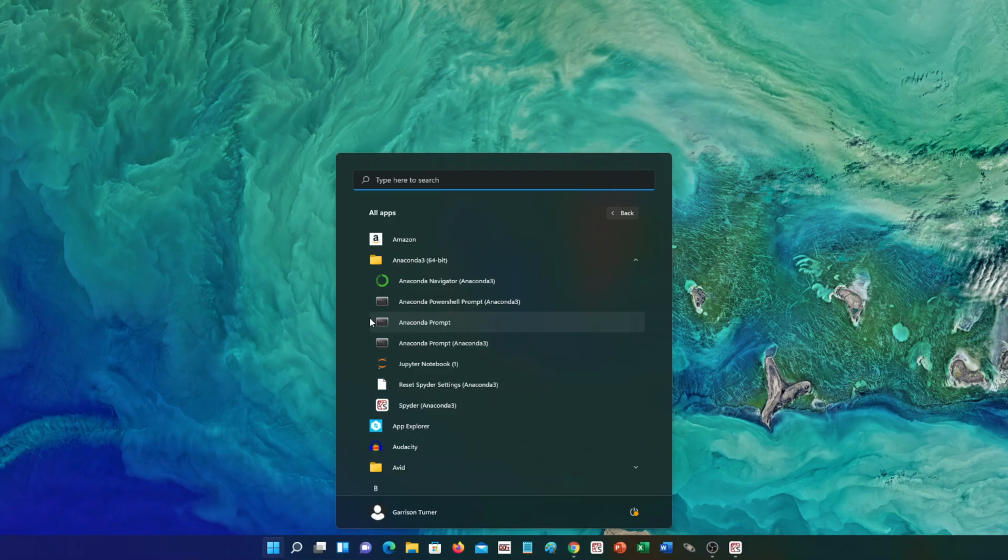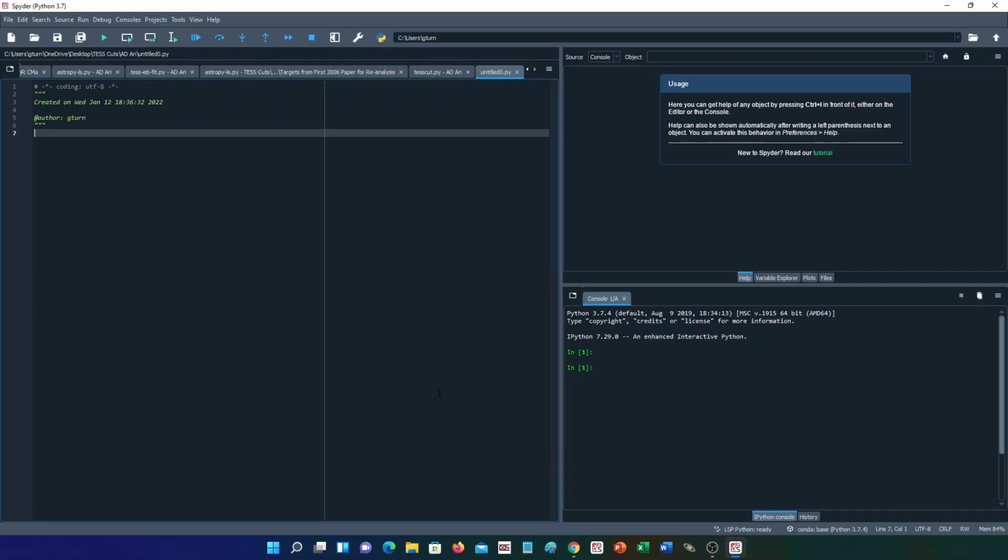operator. However, the actual IDE, or integrated development environment, that comes with Anaconda installed is the Spider IDE, and this is what the Spider IDE looks like. So here you would type in your code, here you would see output, and I've got it set up so that any of my plots would typically appear here, but they actually kind of create a new graphic. So for example, if I want to